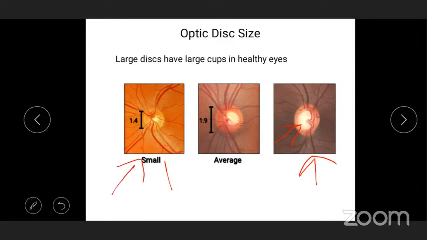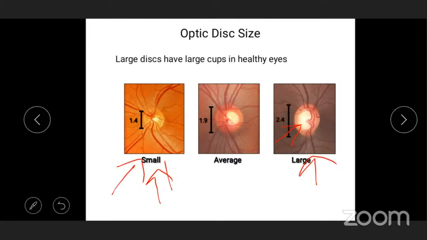So this may not be abnormal, but I'm very concerned as a glaucoma person. I'm very concerned with the small disc. See, it's appearing to be a normal size cupping. The rim is appearing okay, but the space is not there in small optic nerves for the cup to enlarge. So very concerned with this because this may be actually pathological and appearing as normal. So both ways, keep that in mind. And that is why the disc size is very important to record.